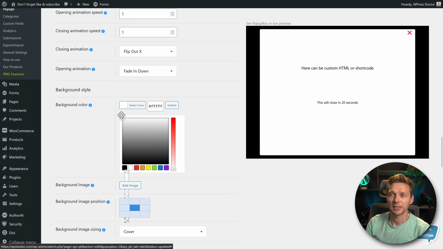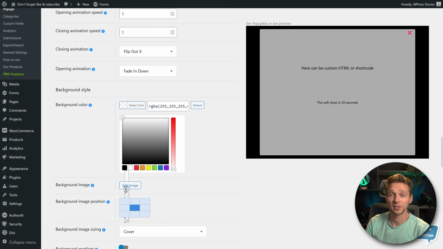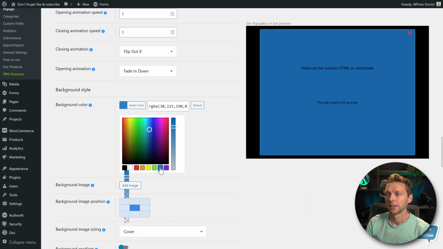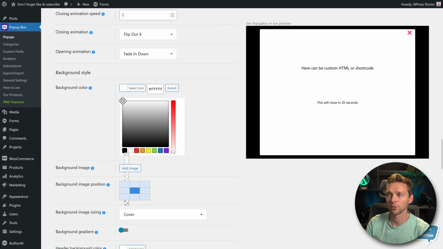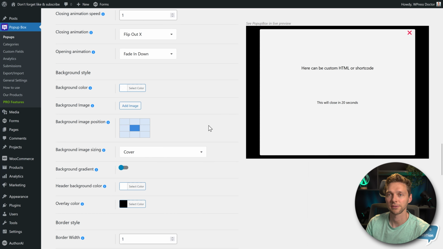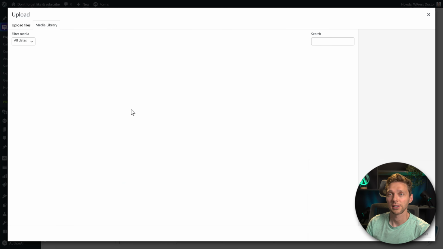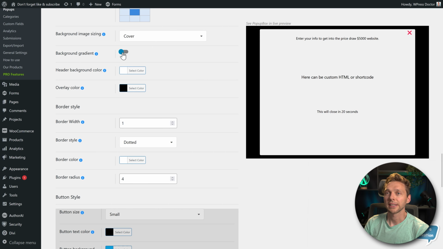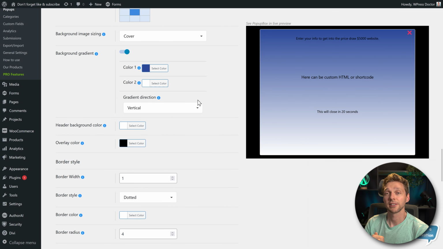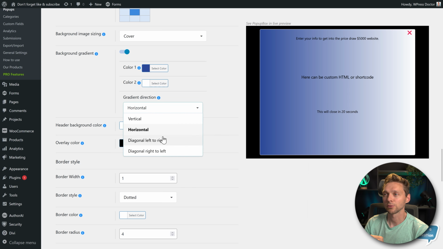When choosing a color in here, you can also change the transparency of your color over here. It's a bit weird, it's supposed to be there, but I think it's my 4K screen. I don't know. And it's actually a pretty neat feature. So what I'm gonna do, I'm gonna choose the white color and make it just a little bit transparent, and see how it goes on the front end. But you can also use an image, of course. So for example, if I'm doing this one, you can just place it anywhere you want. Then you can also add a background gradient, just exactly the way you would think a gradient would work.